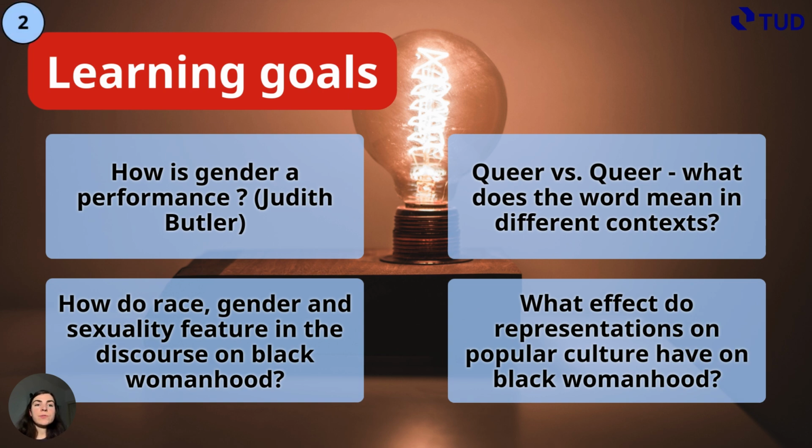Our learning goals for today are, if I want to sum them up: first, what is gender studies, what are gender theories and certain key aspects of that, like performativity and queer studies, and then also some applications of those theories in US culture. On the one hand, what happens there at the moment with regard to gender identity and ideology, and also what is intersectionality, and what happens if we assume that gender identity is not only gender but also linked to race and ethnicity. So, for example, Black womanhood, and that's the key topic we are going to look at.